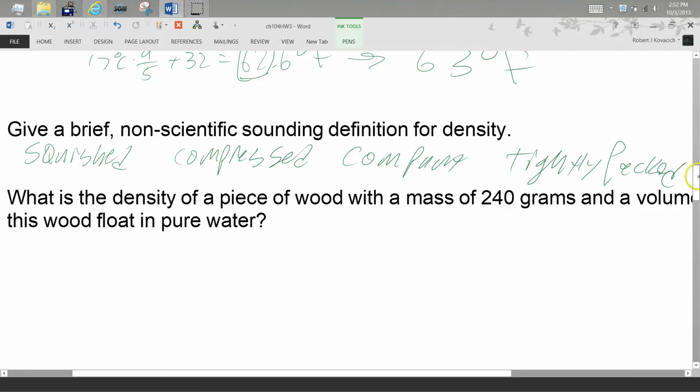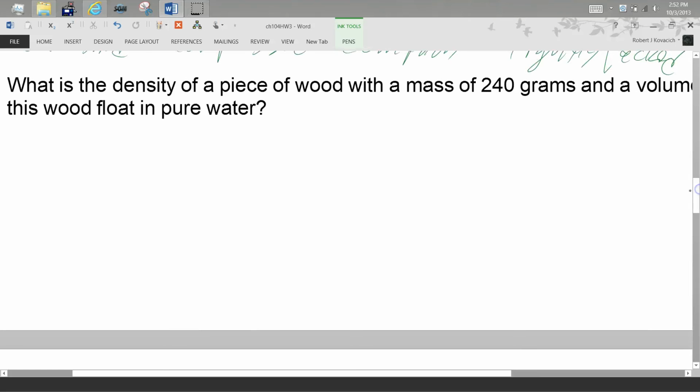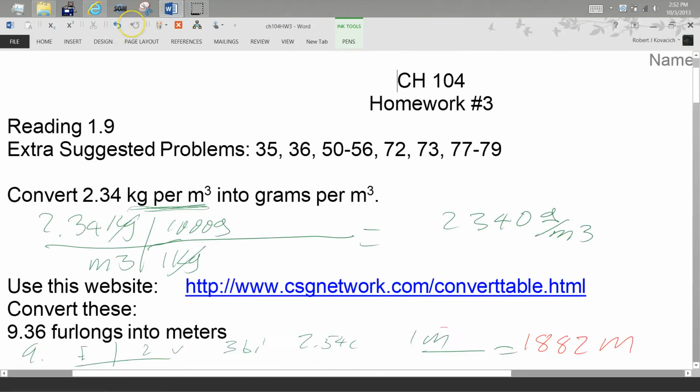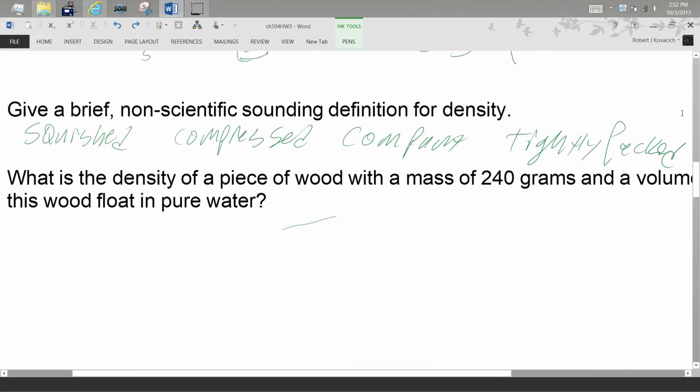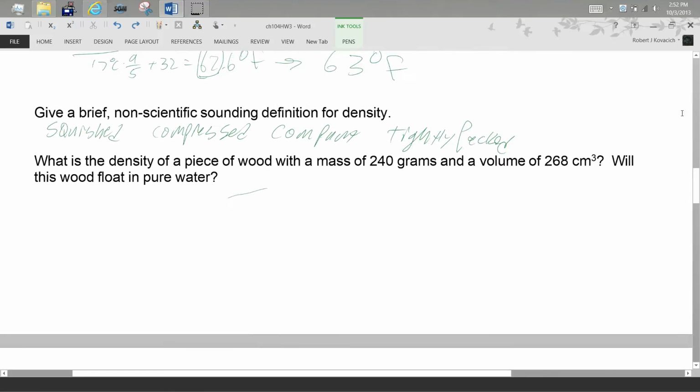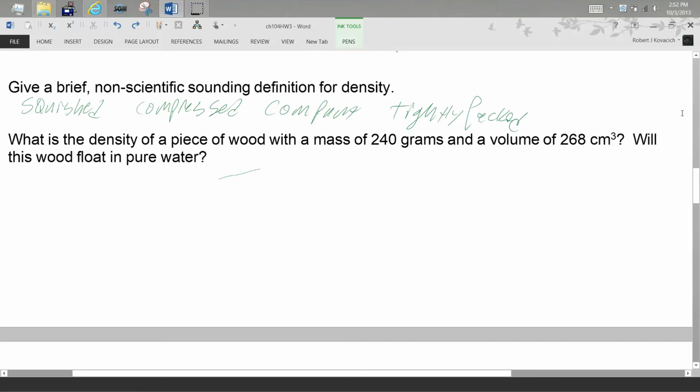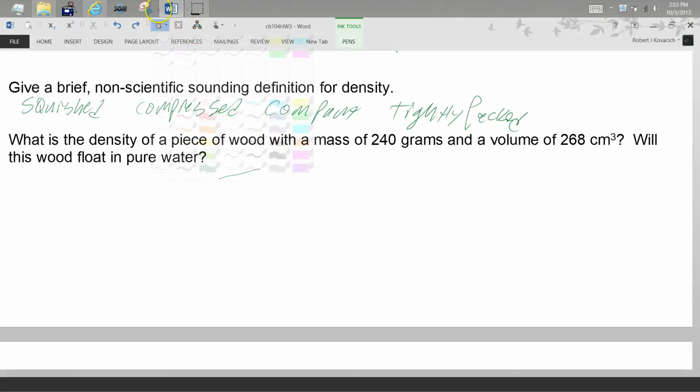All right, so for this next question here, can you answer the second portion of the question before you do the first part? Anybody? How about yes? Why is yes the right answer? Mass, volume, smaller number, bigger number. So what's my density going to be for this? Less than 1. So I can already tell you right off the bat that this thing's going to float in water because it's going to have a density less than 1. So then we can knock out